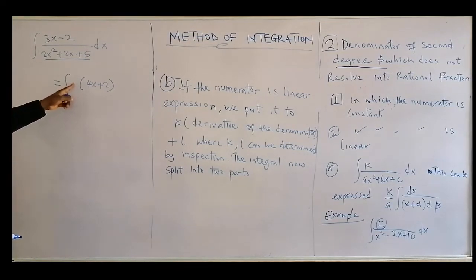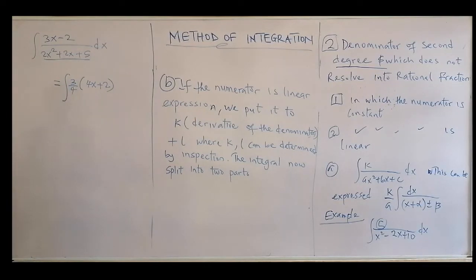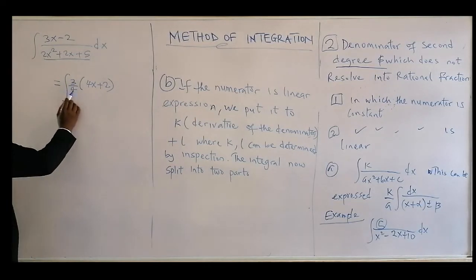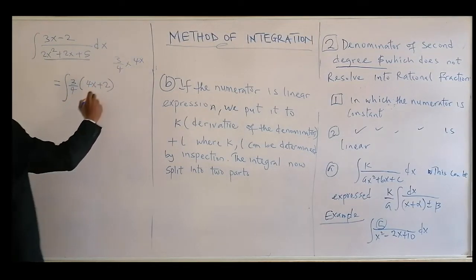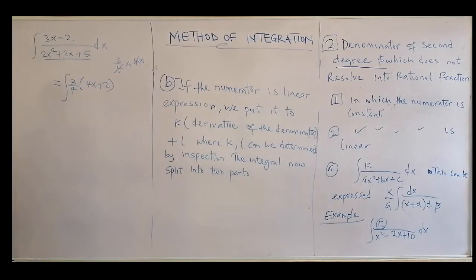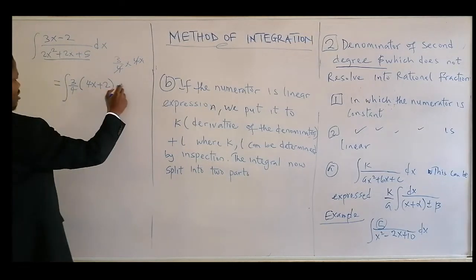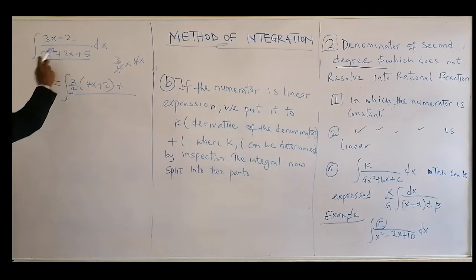Okay, so what can I put here? I can generate 3x. So that will be 3 over 4. Yeah, that will be 3 over 4 times 4x. Okay, so 4 will cancel, and then 3 times x, that's 3x. Okay, so I still need my L. I'm still coming back to that. I still need the L all over. This one we are going to resolve into